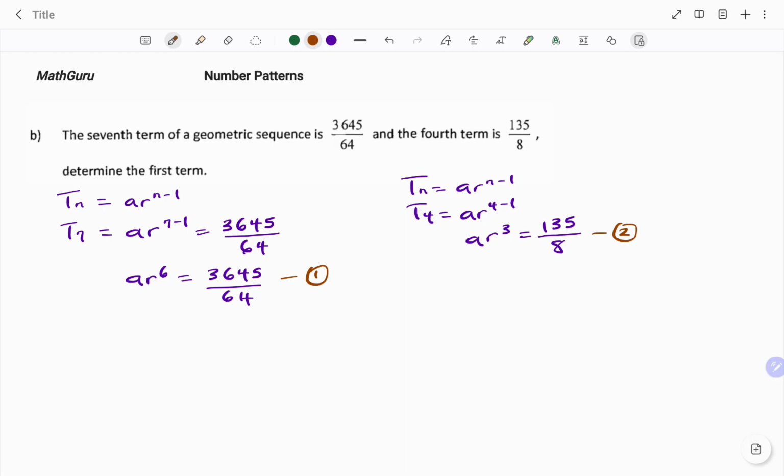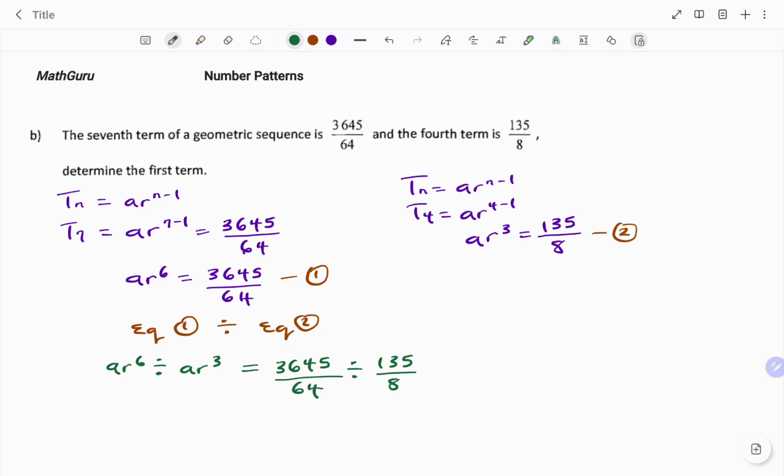So if I say equation 1 divided by my second equation, what I'm going to have on my left hand side is ar^6 divided by equation 2 on my left hand side, that's ar^3, and that will be equal to, I'm going to do the same for the terms on the right, 3,645 over 64 divided by 135 divided by 8. If I resolve,